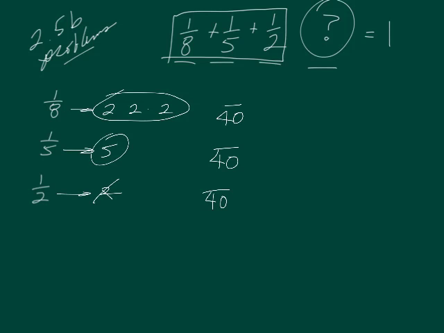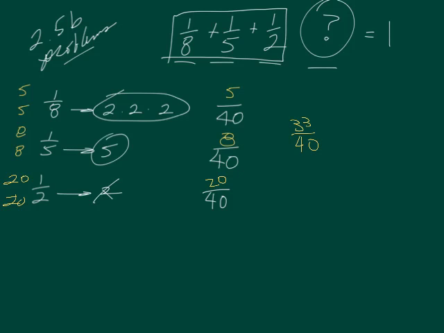So let's look and see what our top numbers are. Because we went from an 8 to a 40, we had to multiply 8 times 5 to get 40. So we multiply 5 times 1, and that gives us our top number. We went from 5 to 40, we had to multiply 5 times 8 to get 40, so we multiply 8 times 1 to get 8. Okay, now we've got 1/2. We went from 2 to 40, and we multiplied 2 times 20. So we multiply the top number times 20. Okay, now we add up our numerators, all the yellow numbers there, and we get 33